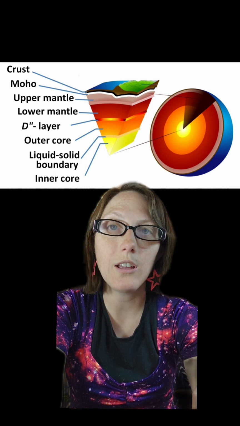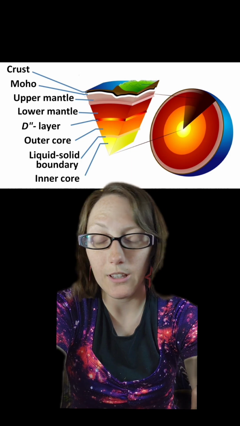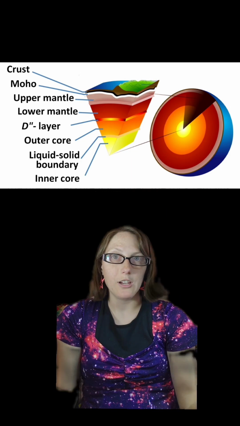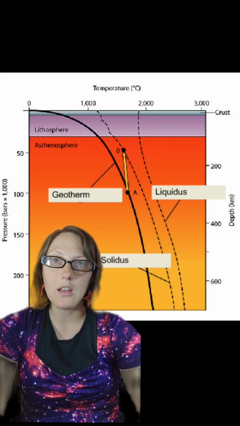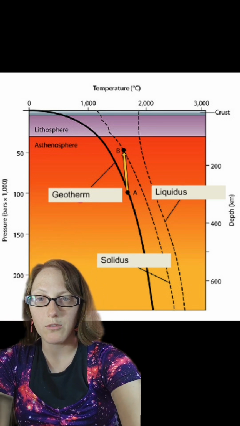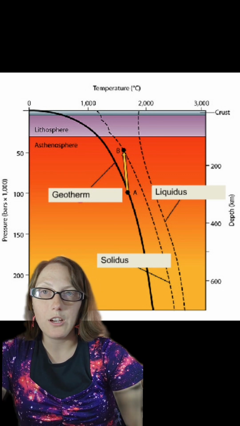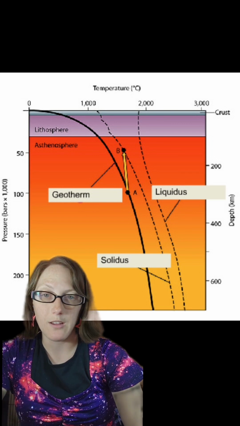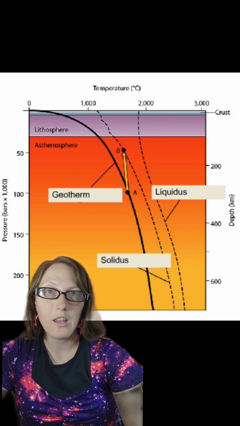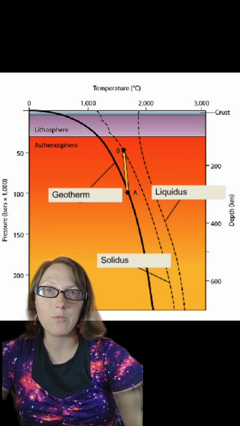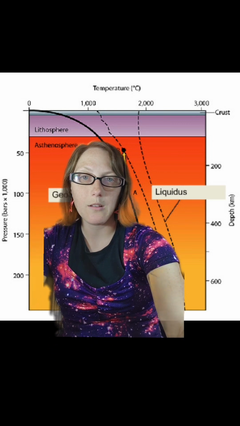So, how can rock melt if the pressure is preventing the melting? Well, we lessen the pressure to keep the temperature unchanged. So here is a model of geothermal gradients that we use to determine just where that point is. The geotherm is the temperature as a function of depth. The solidus represents conditions at which the rock starts to melt, and the liquidus represents the conditions at which rock completely melts. So if we look here where we have point A and point B,